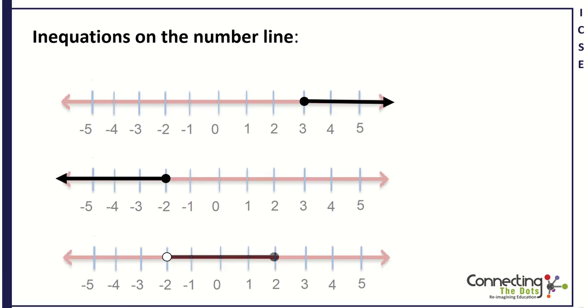Now the representation is given and we have to indicate the rule that this signifies. So you can see here that 3 is included and it's got all numbers, all real numbers greater than or equal to 3. So we can write this as, and in this one -2 is included and all numbers less than -2 are included. So I can write this as